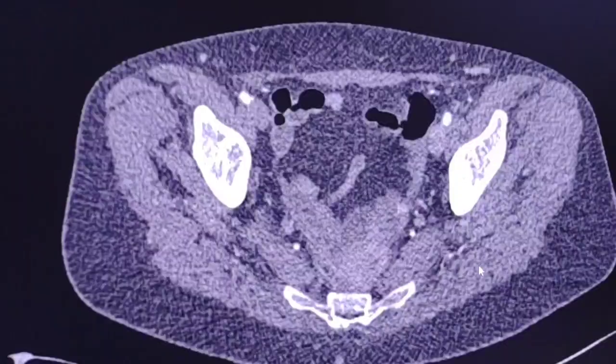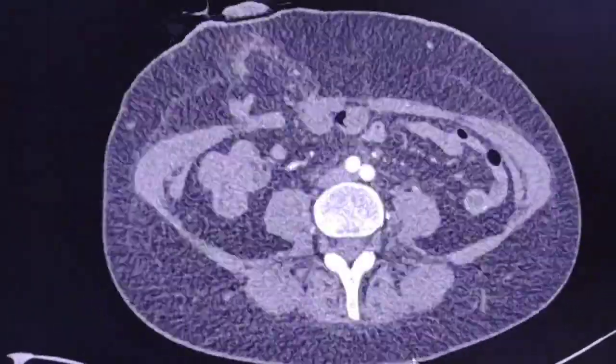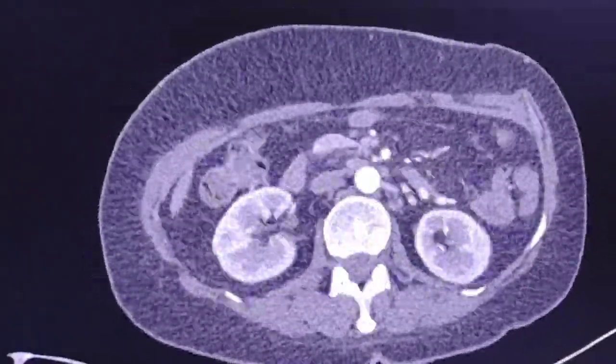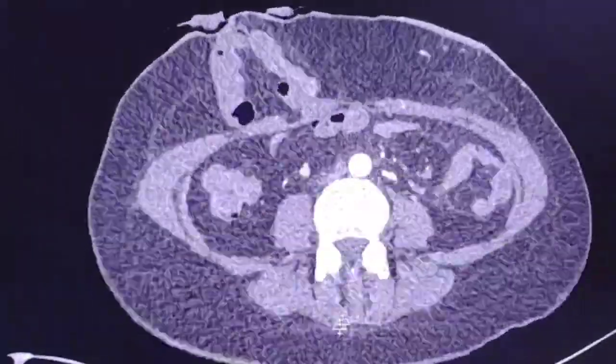The aim of this presentation is to be familiarized with possible complications of Crohn's disease and what are the possible